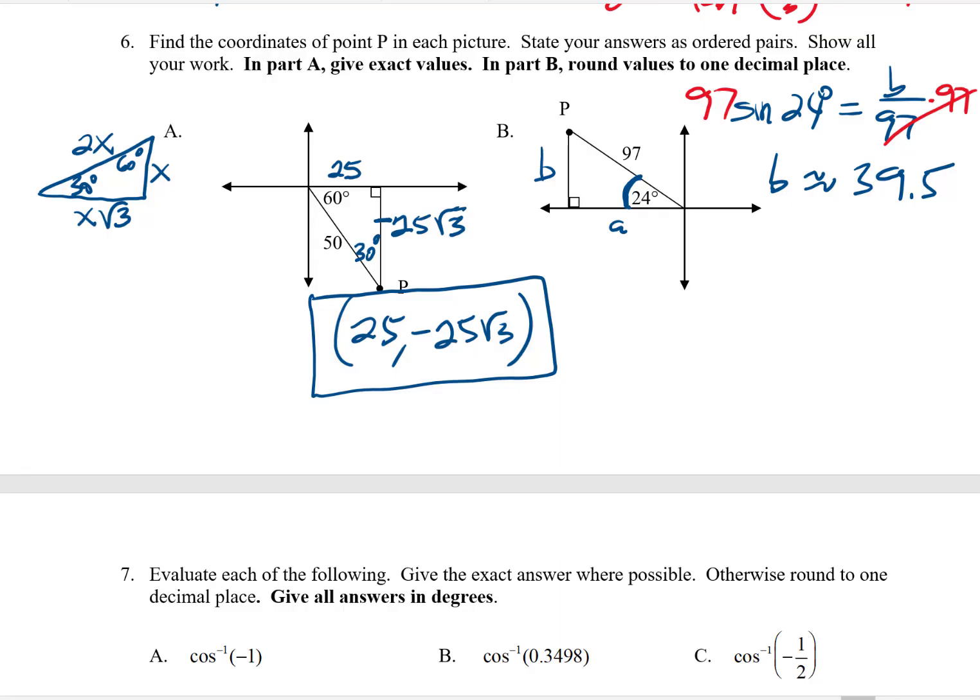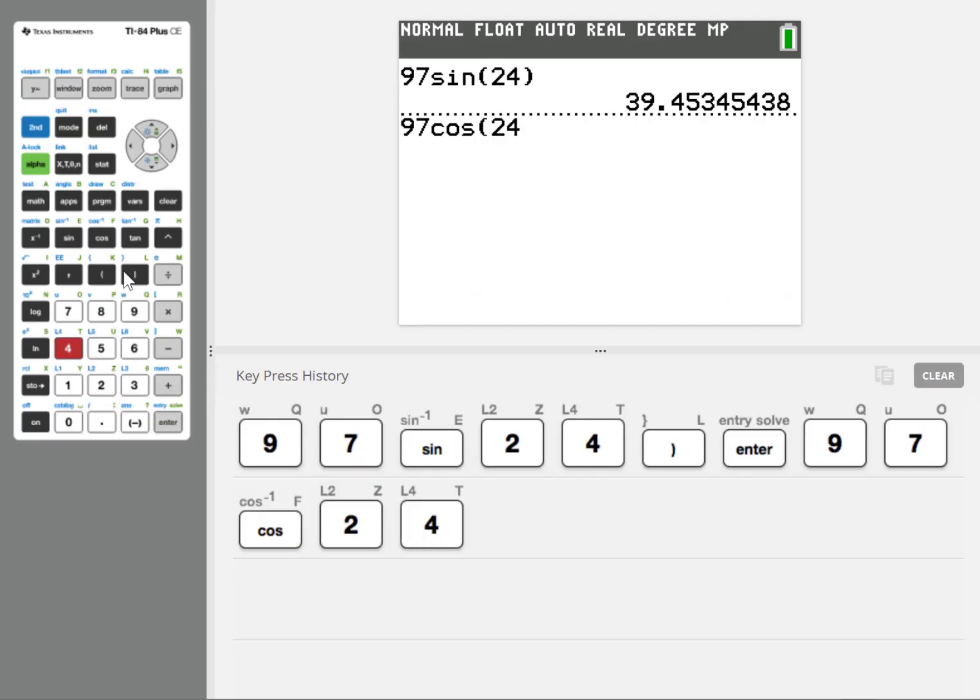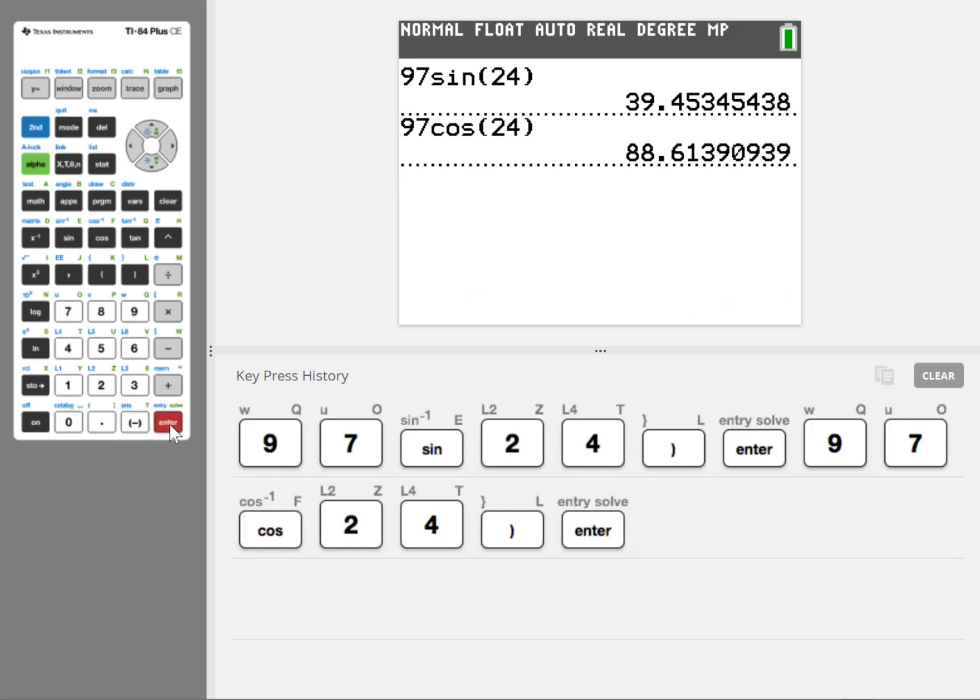Okay, how about A? Well, just set up a cosine ratio. Cosine of 24 degrees would be A over 97. Again, clear the fraction, and you've got A, multiply both sides by 97. 97 cosine 24. I'll type that in, and then that comes out to be